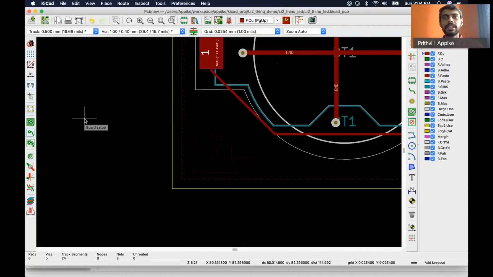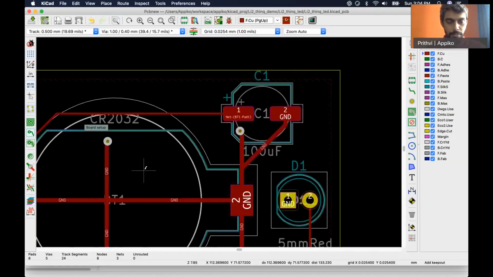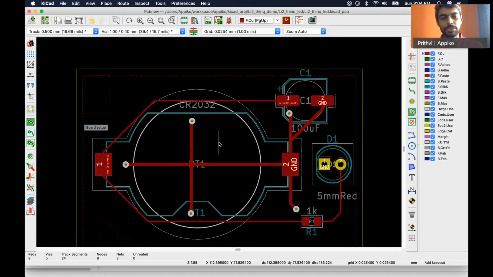So as you can see, I've been using the 3D view quite often. It is quite an important tool when you're designing a PCB, so that you have a clear visualization of what you're working on, as if you're looking at a PCB physically. Many times when you're deep in designing a PCB, you won't have a big picture view. And in that particular case, this 3D viewer will be quite a valuable tool.